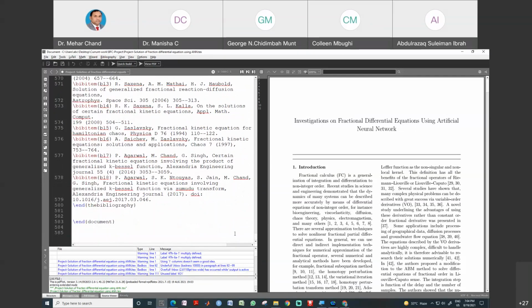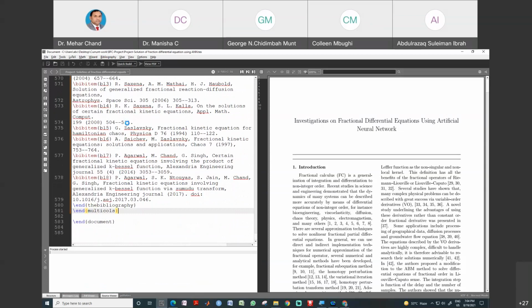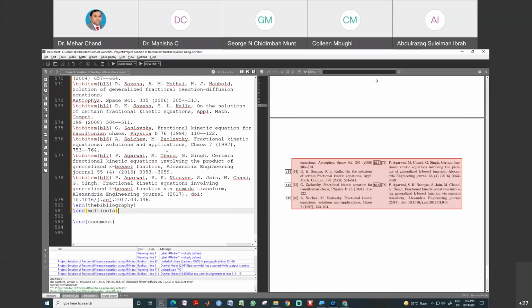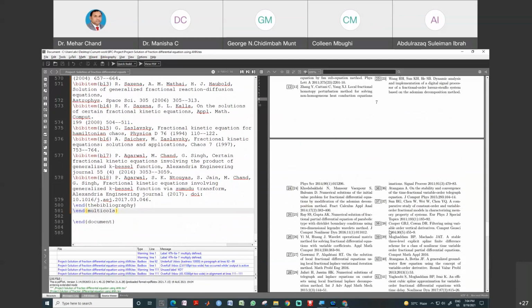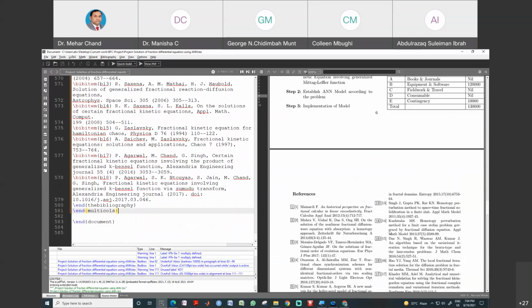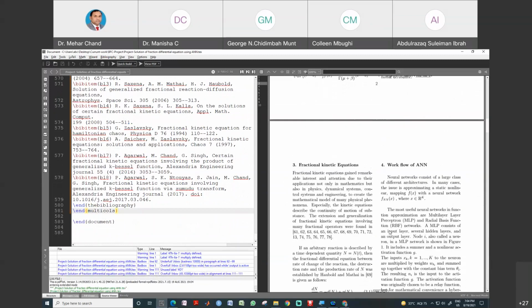And when you paste it at this place, your whole document will be in 2 columns. See, from the beginning to the end, the whole document is converted into 2 columns.